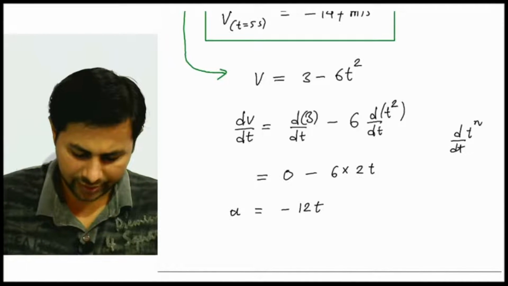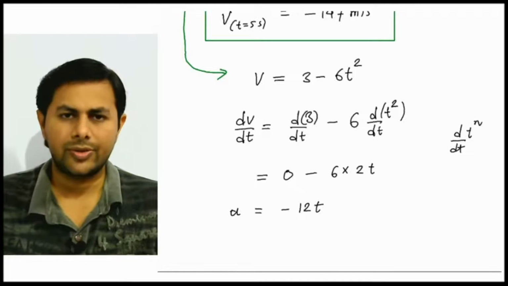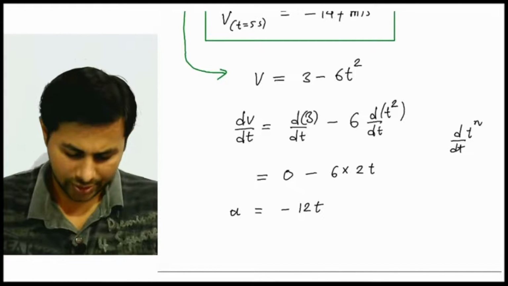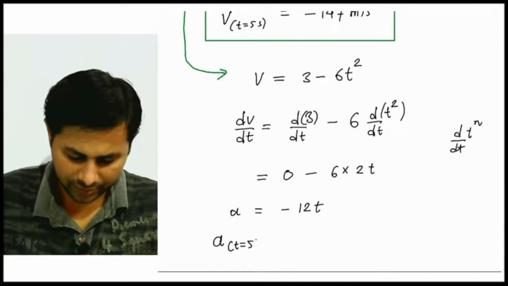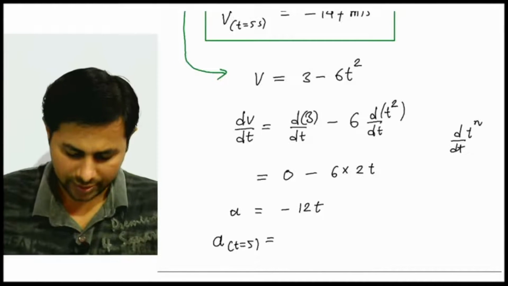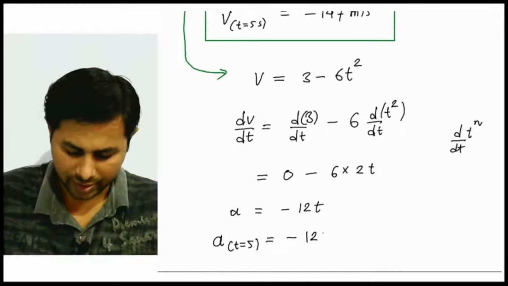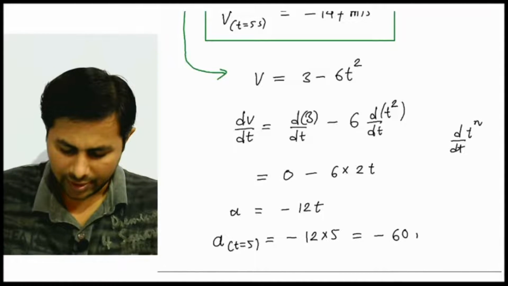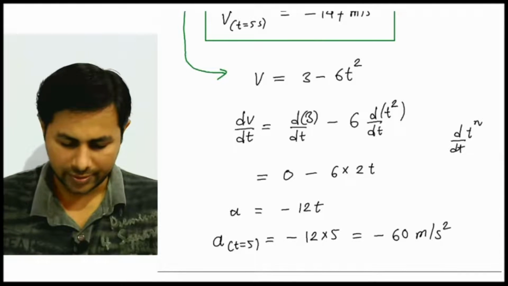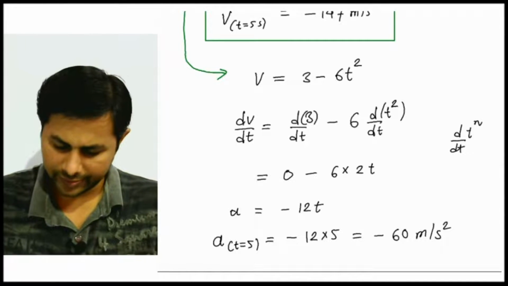That's our acceleration. And if we substitute t equals 5, we get acceleration at t equals 5 is minus 12 times 5, that's minus 60, and the unit will be meters per second squared. Okay,